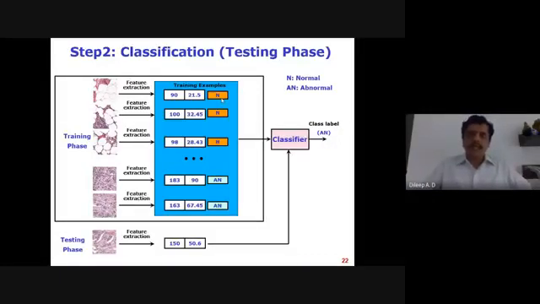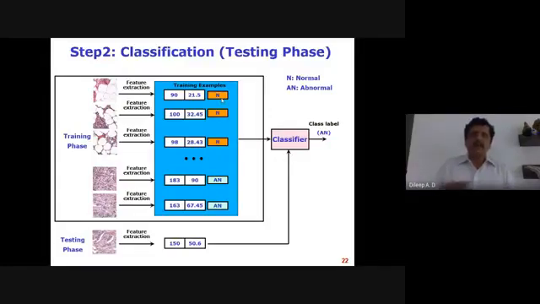Now the important thing is that when you build the classifier, you try to learn the association of the class label with its corresponding example. There are different techniques to build the classifier. The specific one we are looking at is the support vector machine. The support vector machine tries to learn the pattern of classification from the data by learning from the class labels and the corresponding examples.